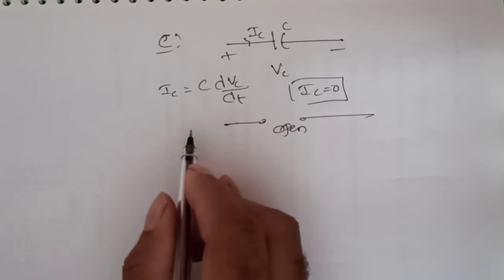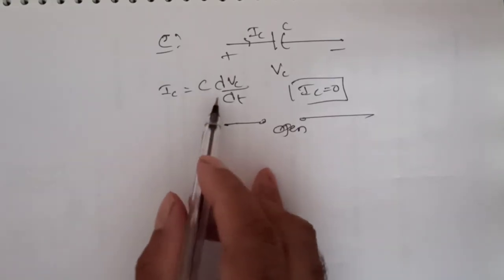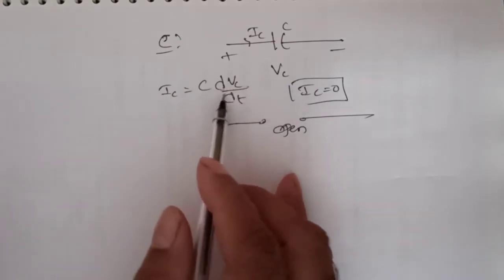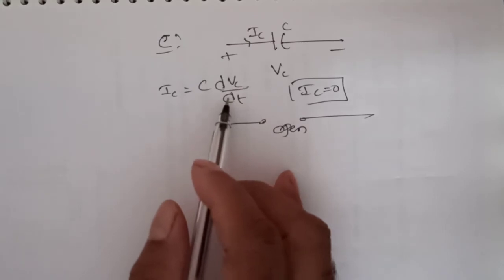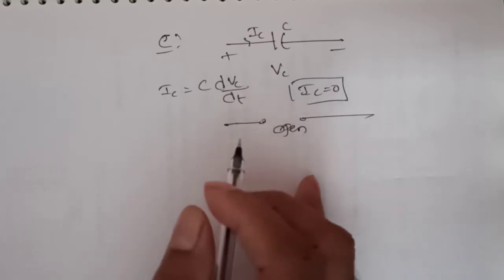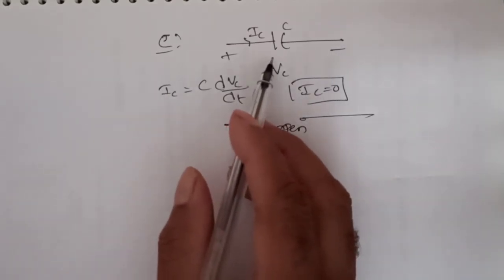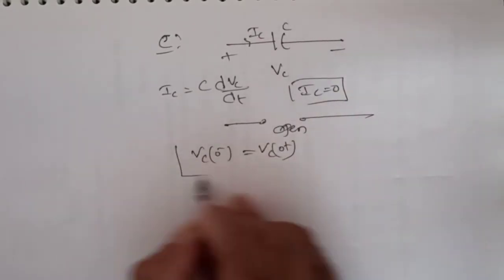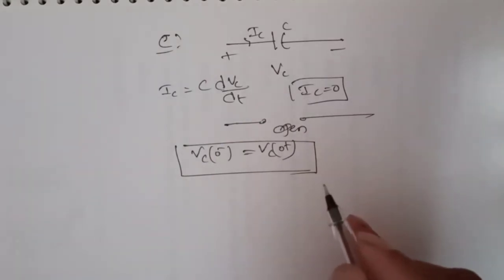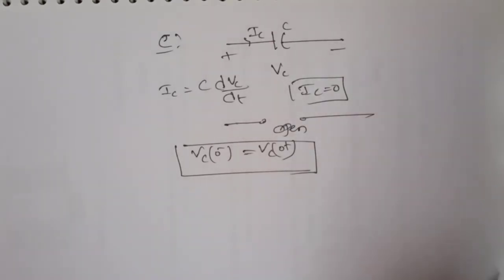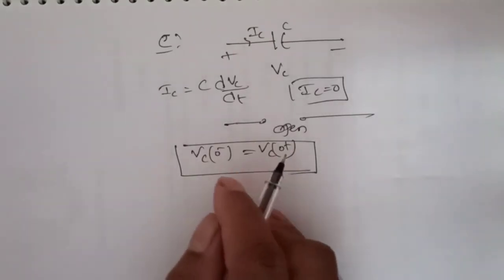And one more point we have to consider is, when you connect the capacitor in the circuit, initially the circuit is open and the voltage across the capacitor is, let us assume, 0. If you switch on, the capacitor does not allow sudden changes in the voltage. Progressively the voltage in the capacitor increases. That way we can say Vc(0-) equals Vc(0+). 0 minus is before the switching action takes place, either close or open, and 0 plus is after the switching action takes place.